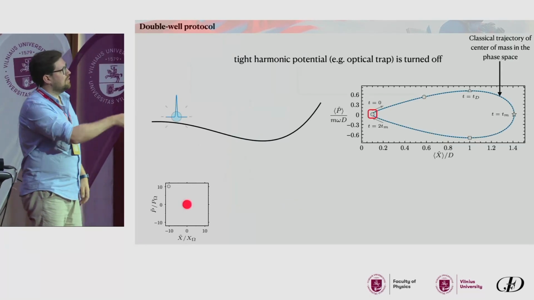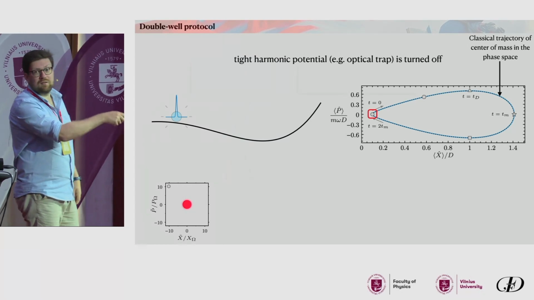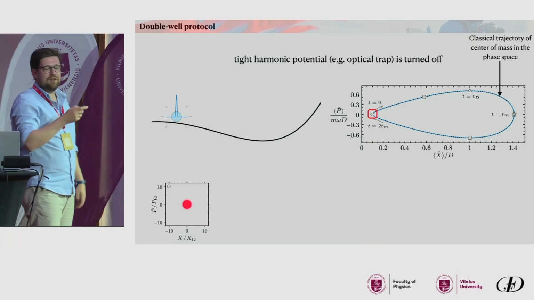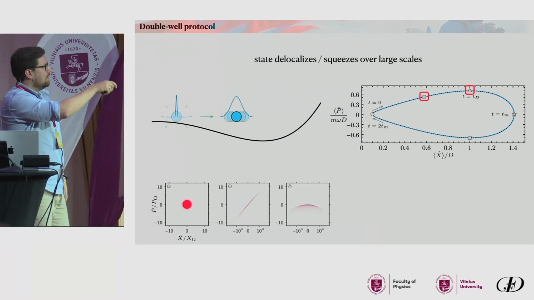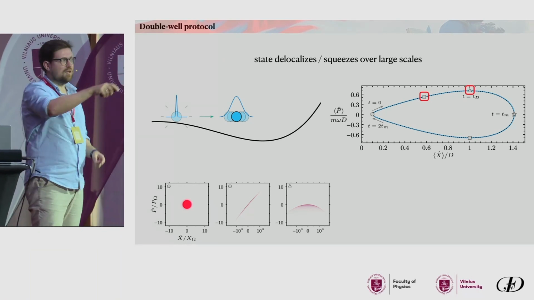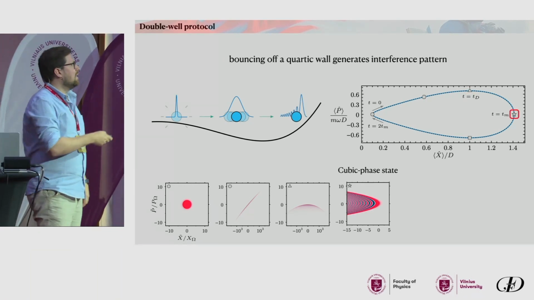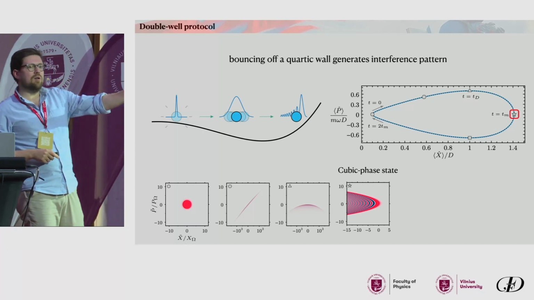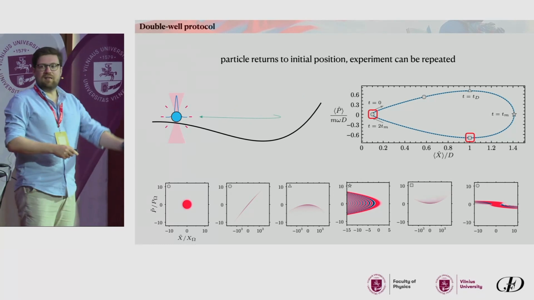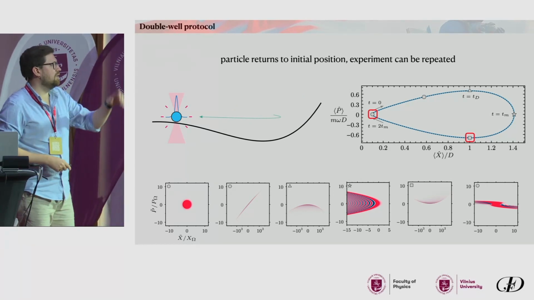as follows. So here is the phase space picture with the phase space trajectory. This is position and momentum. We release the tweezers, and then this nanoparticle starts to evolve in this part of the potential that happens to be like an inverted harmonic potential. It expands, it hits the quartic wall, it self-interferes, and then it comes back in here, and it can be recaptured by the tweezer and measured.